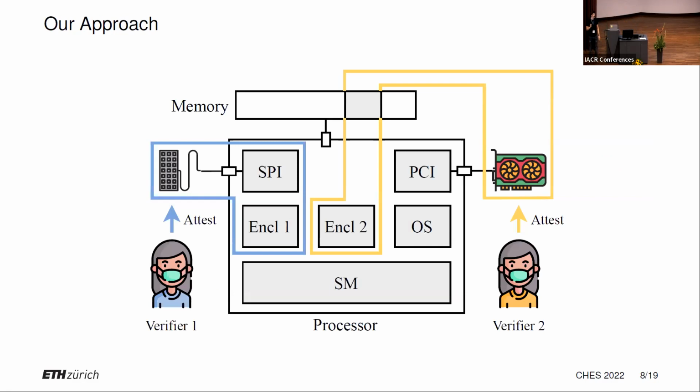space. These enclaves are sort of isolated containers. They run some code that you can attest to remotely, and then this code does some computation. Traditionally, this only did it on the main processor. And now what we want to do is we want to also enable these containers to talk to peripherals, right? Let's say you want to talk through memory mapped I/O to a keyboard, or you want to talk through DMA with a graphics card. Or actually, you might want to have a combination of all of this, right?